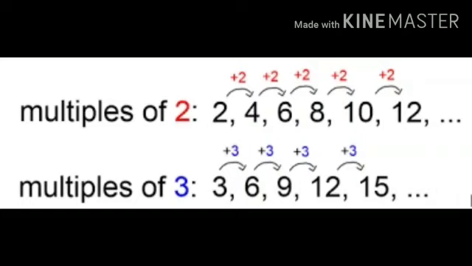So what we learn here, and like we have 3 1s are 3, 3 2s are 6, then 9, then 12. तो मल्टीपल्स क्या होते हैं, जो किसी के भी टेबल में आते जाते हैं, वो नंबर्स उनके मल्टीपल्स होते हैं. And like we read in our factors that 1 is a factor of every number, and the number itself is also a factor of that. Here we have the multiple. In multiples we have the number itself is also a multiple of that number. So the number itself is a factor of that number, and also a multiple of that number.